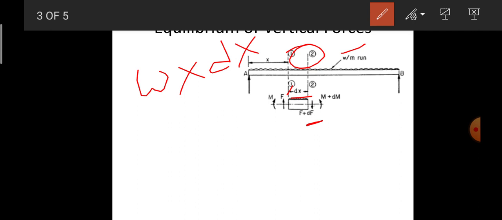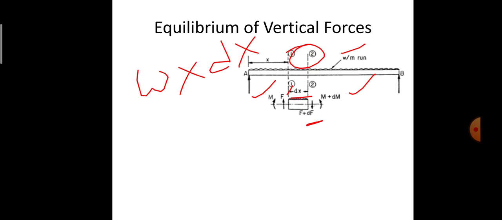Next are the moments M and M plus dM acting at sections 1-1 and 2-2. You can observe M and M plus dM acting at the 1-1 and 2-2 sections. So this is the pictorial representation of the assumptions. The portion of the beam of length dx between the two sections 1-1 and 2-2 is in equilibrium. Hence we need to resolve